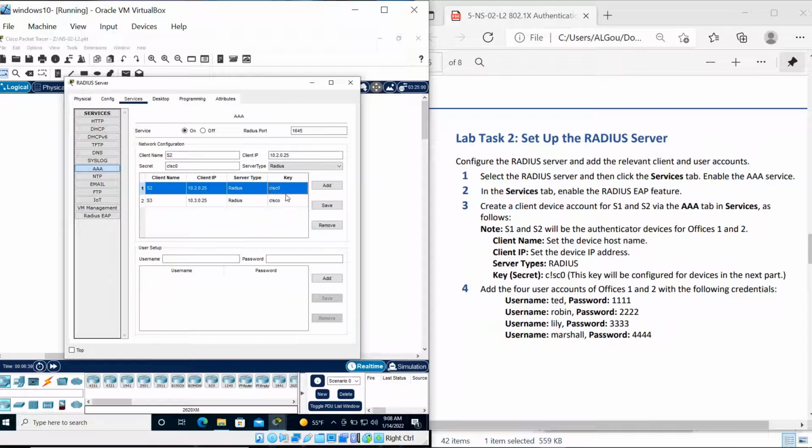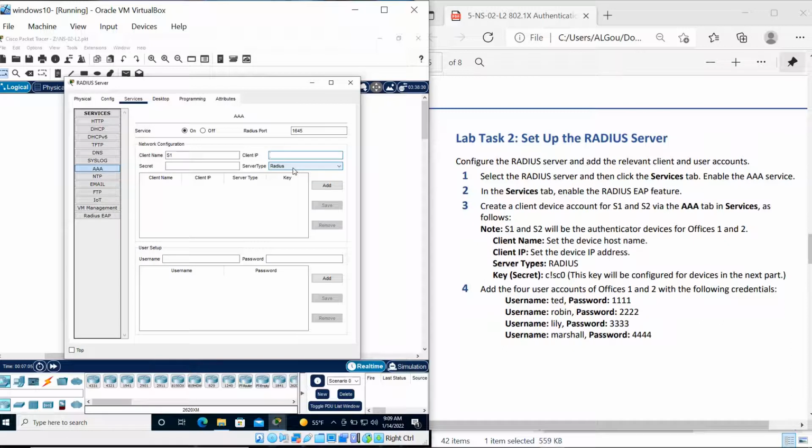Let me remove this one real quick. I start with the first client name, which is switch number 1. I provide an IP address for switch number 1, which is